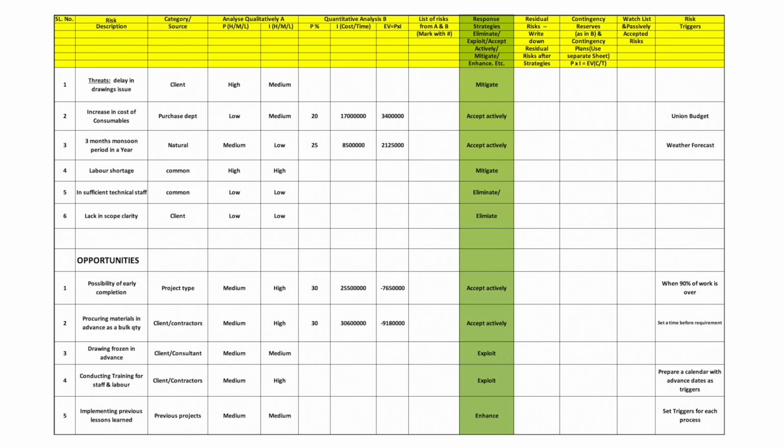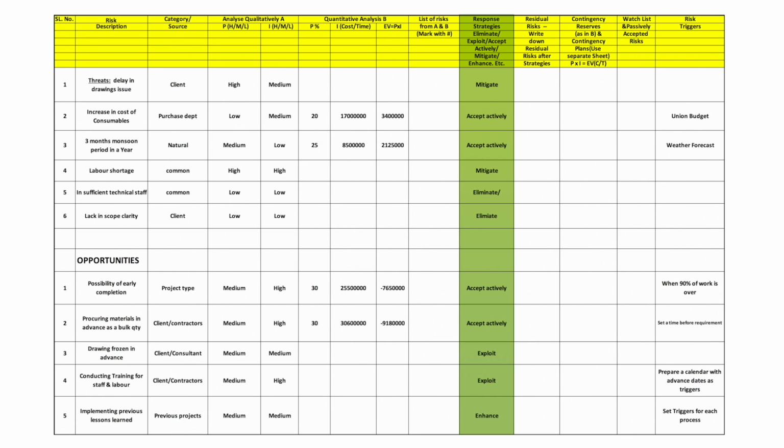Here is where the real action comes, because here we apply strategies to the risks in these two prioritized short lists, and these strategies are eliminate for threats and exploit for opportunities,